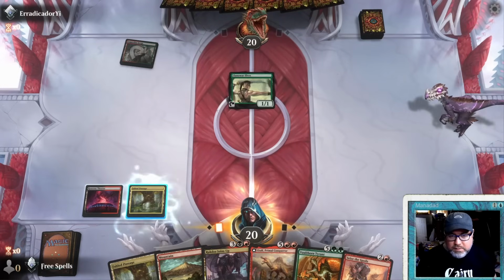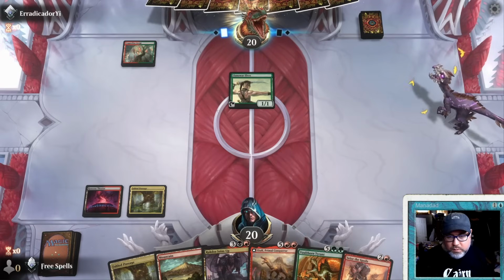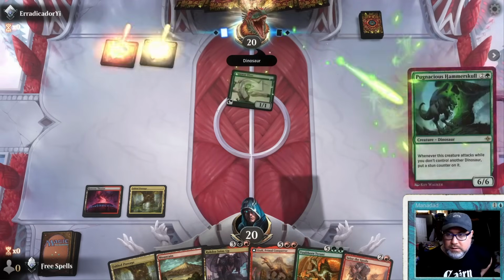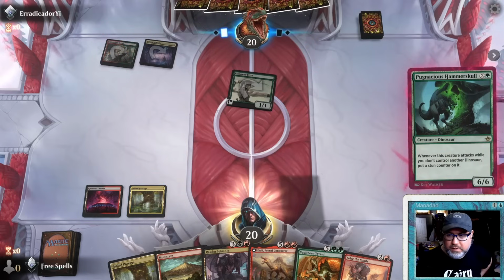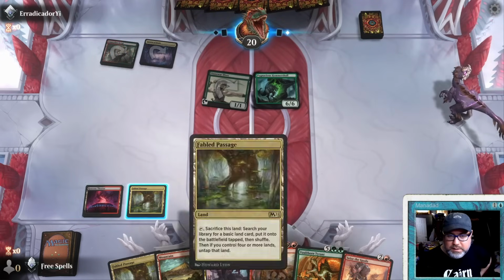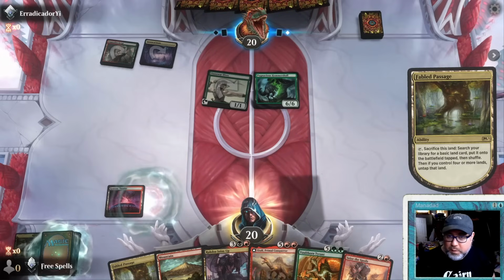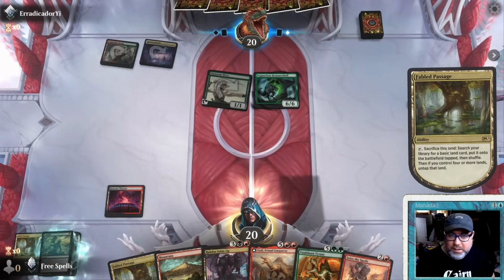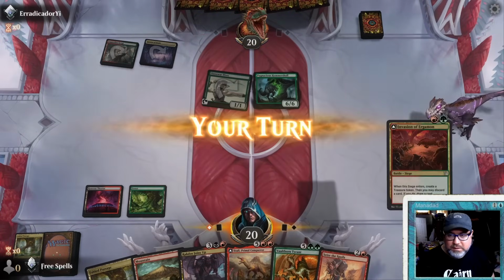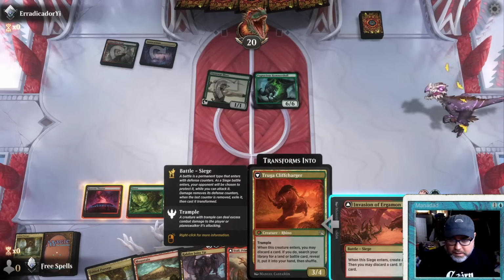I'll just do the Fabled Passage, and crack the old Passage. Pugnacious Hammer Skull. Okay, maybe they're playing dinos too. This is going to be a dino mirror match. Not quite though, I don't think. This will be a test of which dino thing is best. Well,